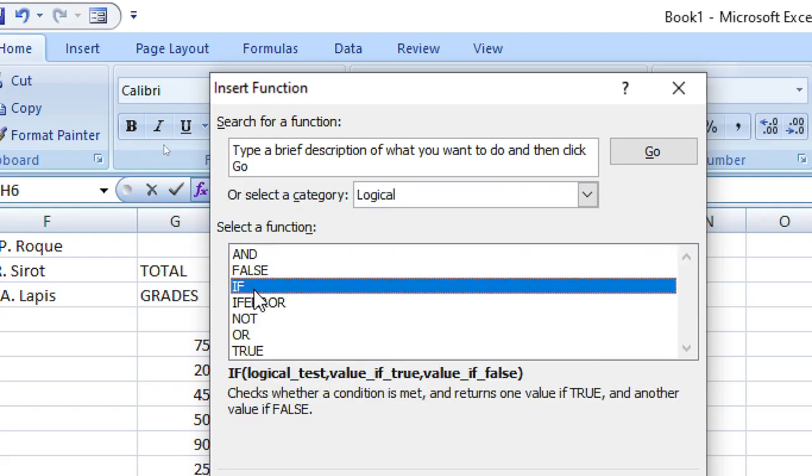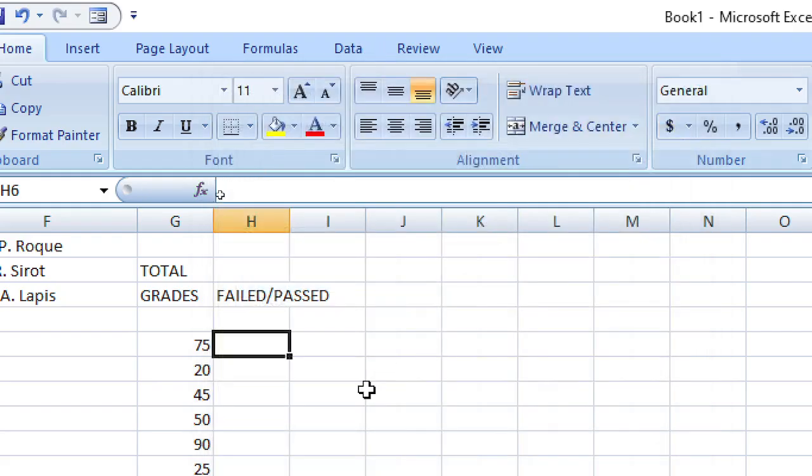If. Oh, you see? You are going to copy this in your mind. Logical test, value if true, value if false. Okay, so meaning, logical test is what I'm going to do. If, open parenthesis, 75. Sorry. You need to start at equals. If,